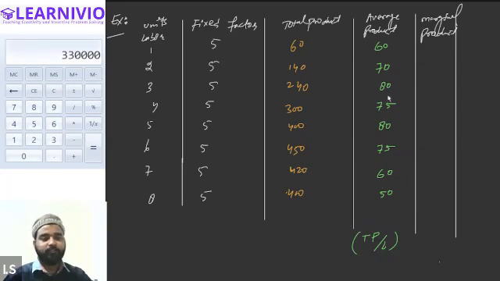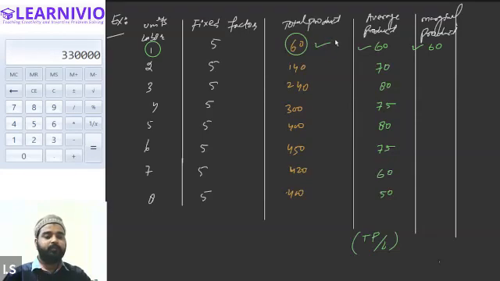Now, what is marginal product? Marginal product basically means extra production by applying one extra labor. When there was only one labor, the total production was 60. Keep this in mind: at the first unit of labor, whatever the total product, that will also be the marginal product. So at the first unit of labor, total product, average product, and marginal product, everything remains the same. Is this clear? Yes, sir.